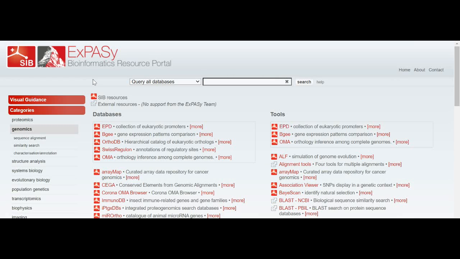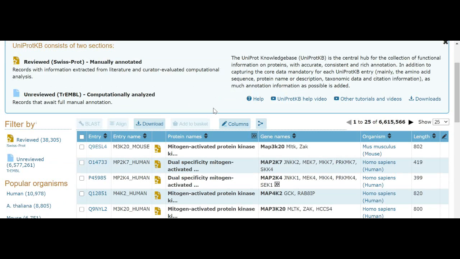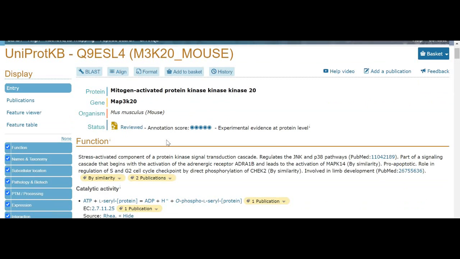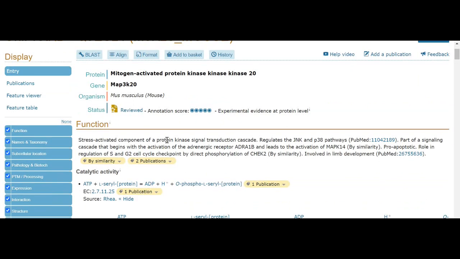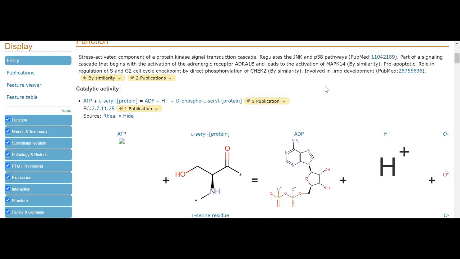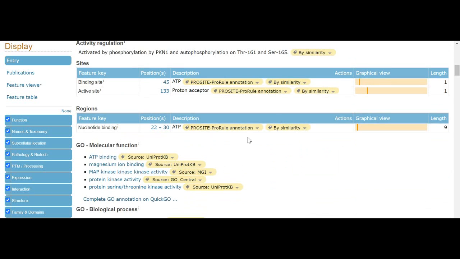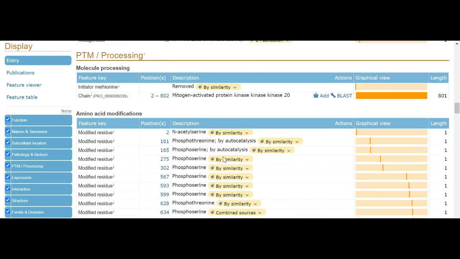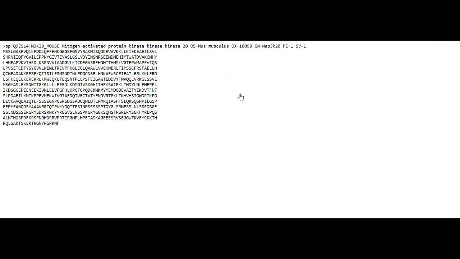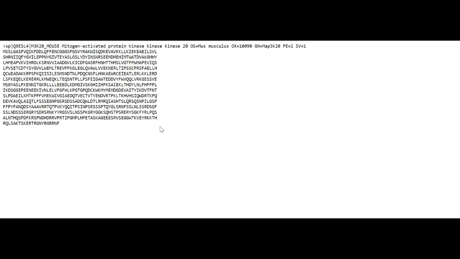useful to me. So first off, we have UniProt. Now, this is basically a resource to look at different proteins. So we search kinase, for example, and I pick this random kinase. It gives you a little bit of information about the kinase. It'll show you any relevant reactions it's involved in. You can see it annotates different sites of interest, and if we go all the way down, you can actually get the amino acid sequence. And so if you go to FASTA, you can get the sequence like that and use it in any projects